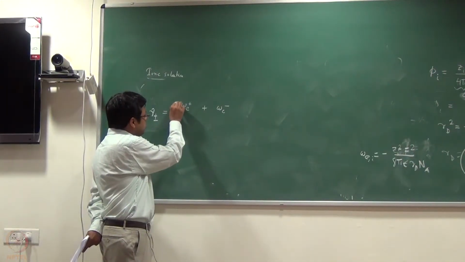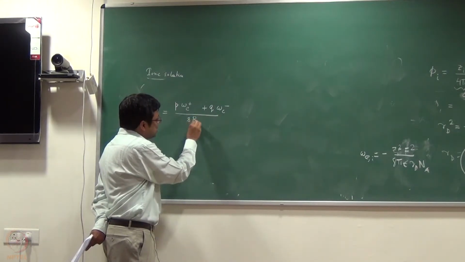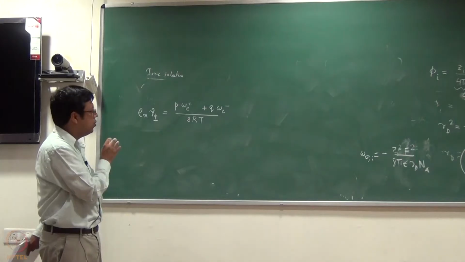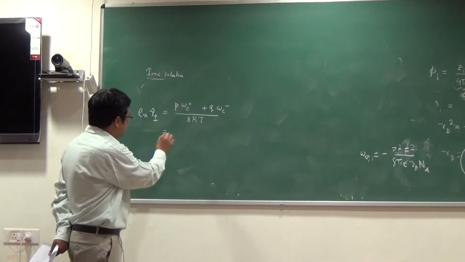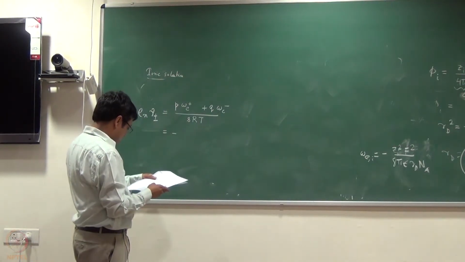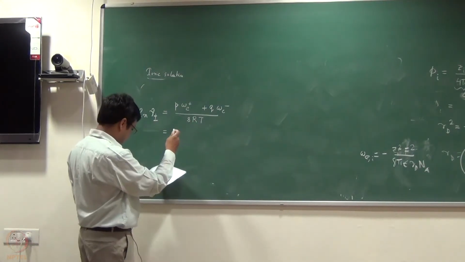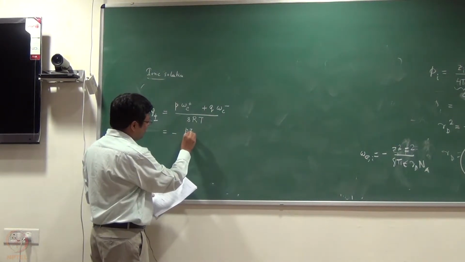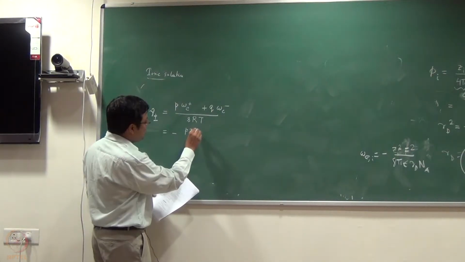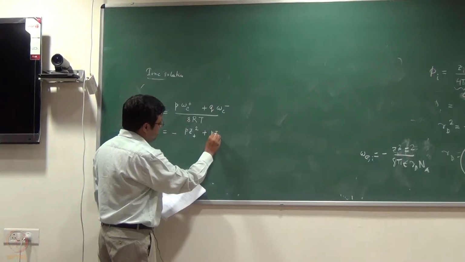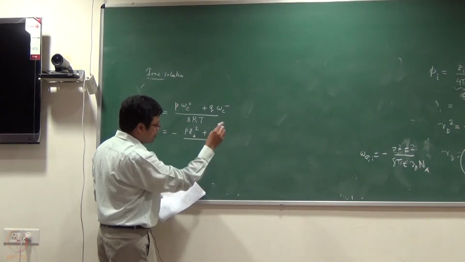And then how many cations are there? P, I think we put P, right? How many anions are there? Q. Divided by SRT. S is basically P plus Q. Done. Just use the formula, whatever we derived. So I have a minus sign here. And then I have P Zi square. Let us just write it. For i plus, I will write Z plus, which means Z plus square plus Q Z minus square,